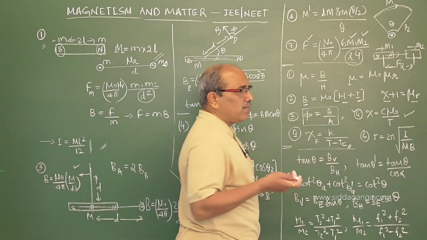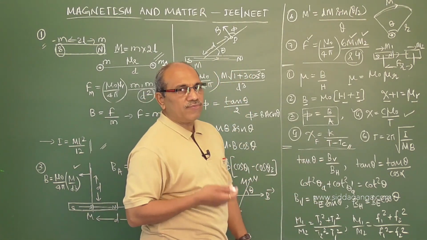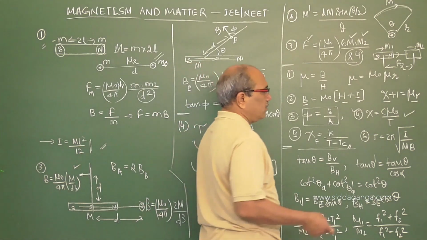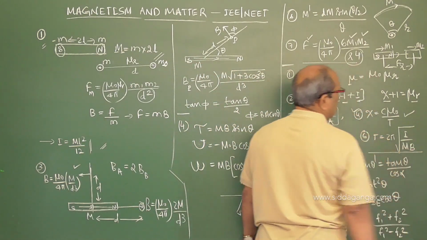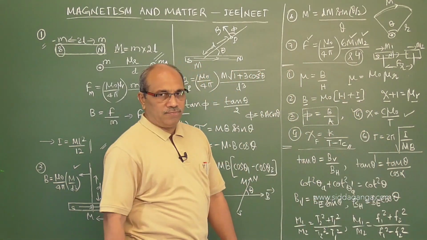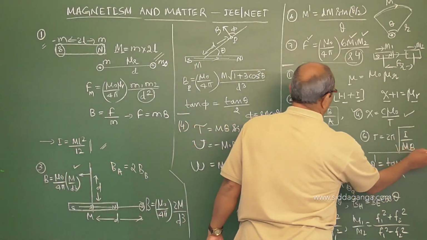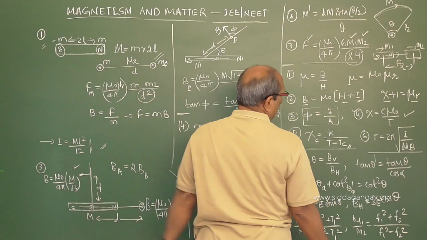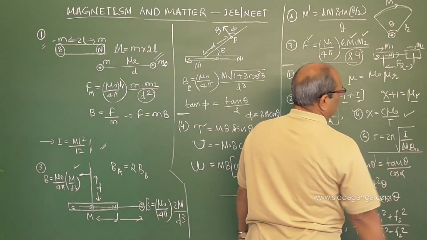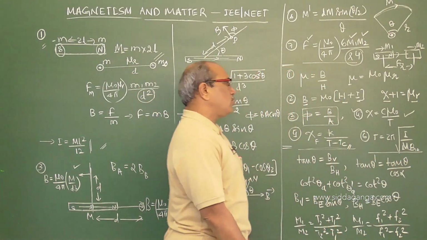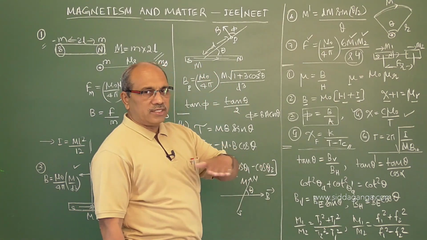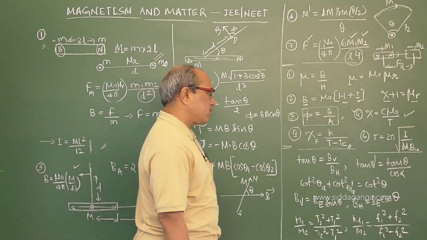Again, in the vibration magnetometer, a magnet freely suspended is allowed to oscillate. We see this situation: T equals 2 pi root I upon MB, where I is the moment of inertia we have taken, M is the magnetic moment of a bar magnet, and B or BH may be the external field, or earth's horizontal component, in which the magnetic needle is allowed to oscillate.